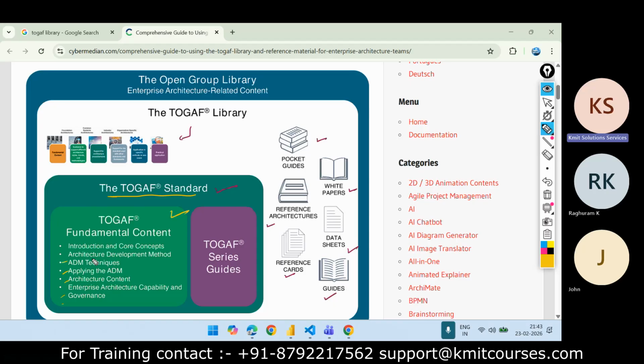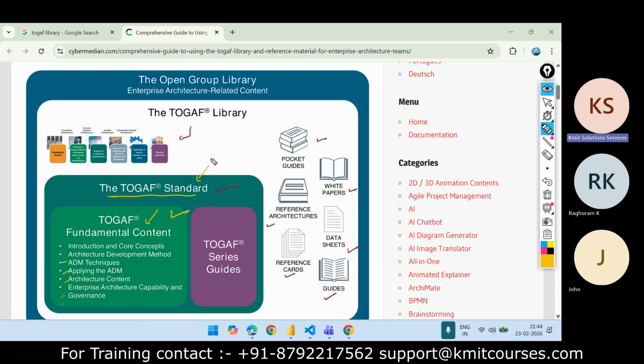For example, you want to create a new architecture for your enterprise. You can use this reference material to start up or to accelerate the architecture for your enterprise. This is not under your control.